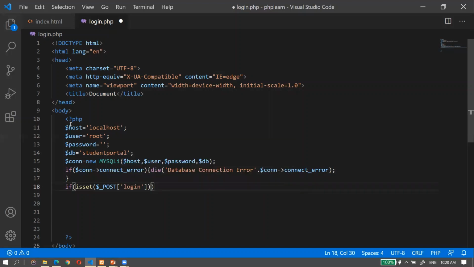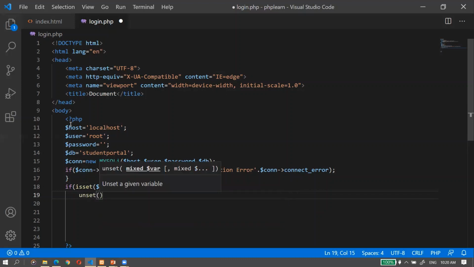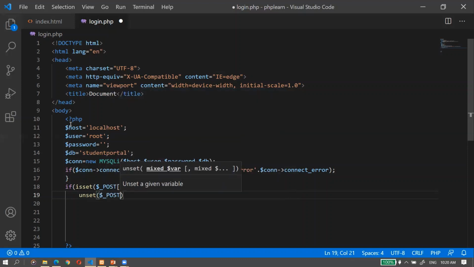So if isset $_POST login, first of all we unset $_POST login.